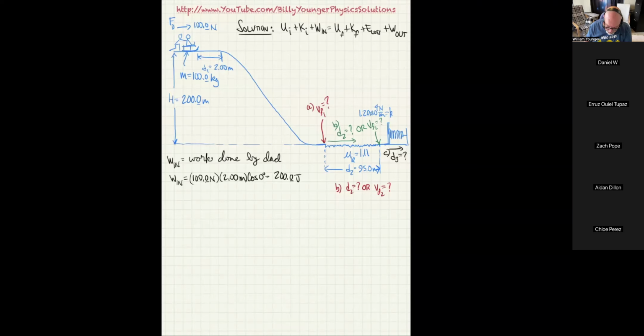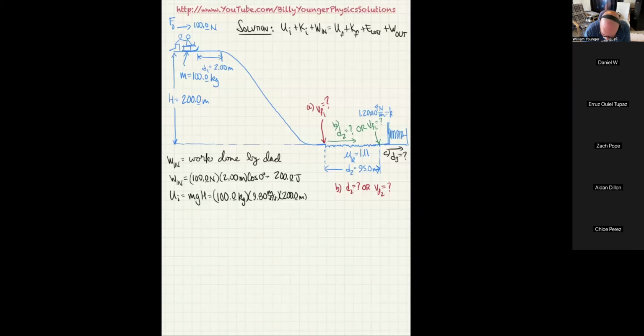We have that. We can calculate the initial potential energy as well. That's just equal to m times g times h. So in this case, remember, this is supposed to be the kid plus the sled plus all his winter clothes and all that stuff. So that's why I made him 100 kilograms. Plus, he's supposed to be a little fat Mr. Younger, so that works out pretty well, too. 100 times 9.80 meters per second squared, and then times h is